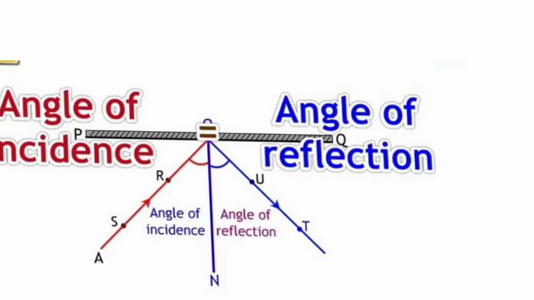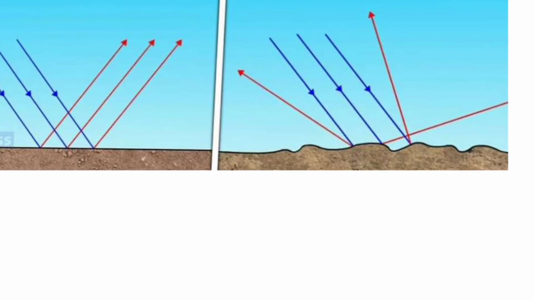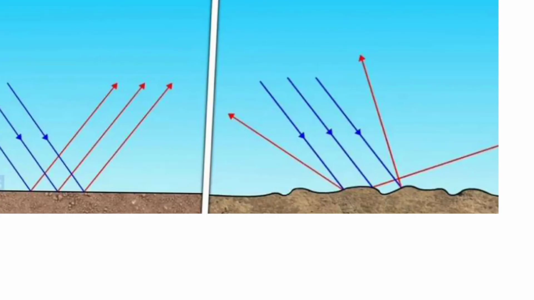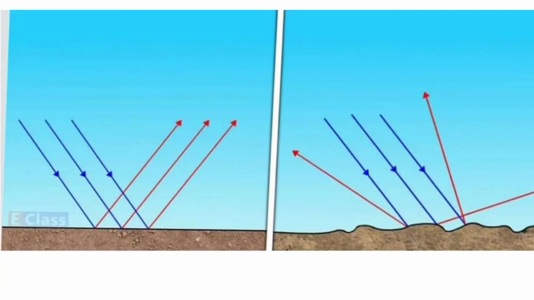But what happens is, if the surface is not smooth, if the surface is rough, then what will happen? So let us understand about the reflection with different types of surfaces also. So if see the left part, if it is a smooth surface, see smooth surface में आया जो भी आया, just let me use pen. This is the regular reflection and this is the irregular reflection. I'll just explain the difference in this.